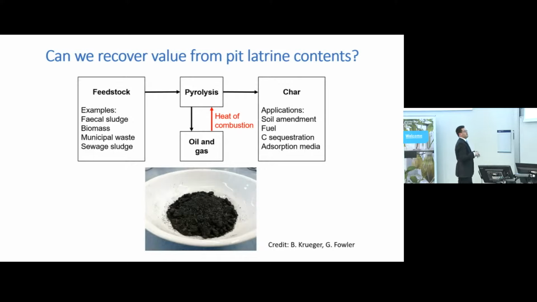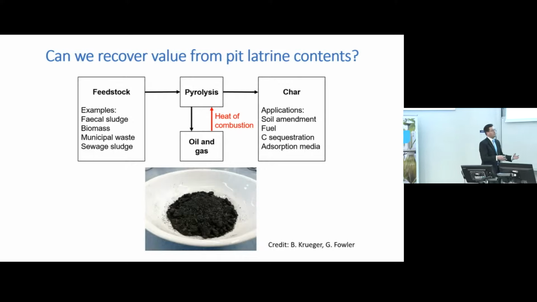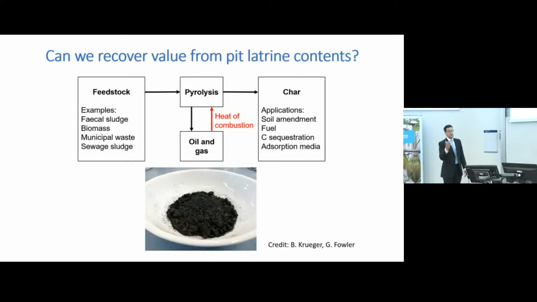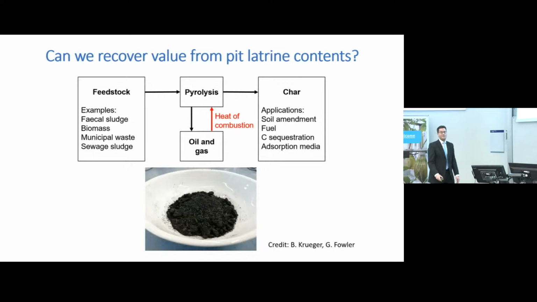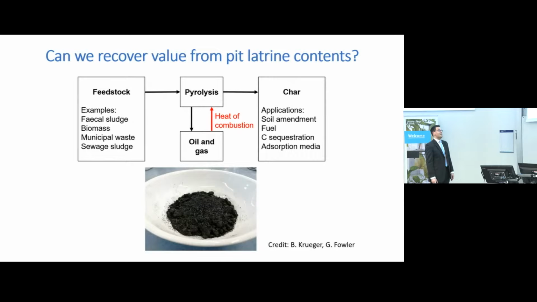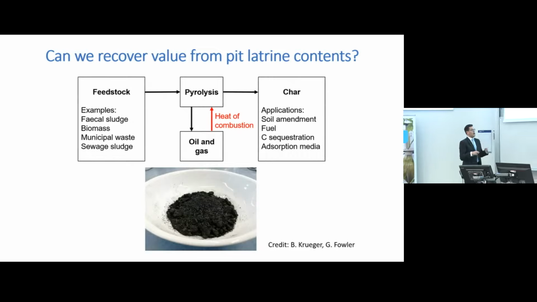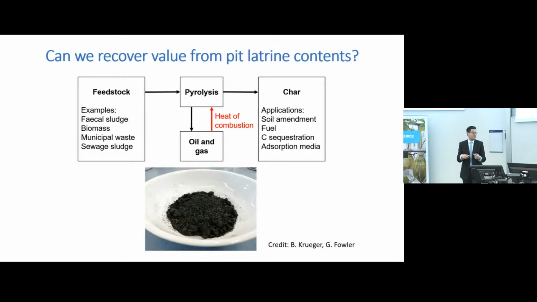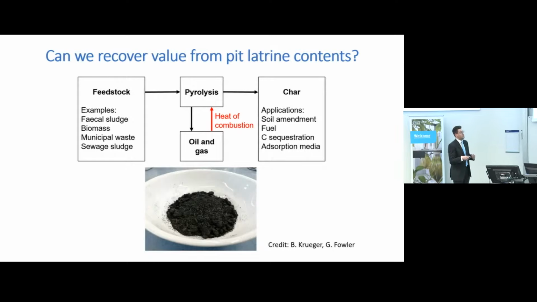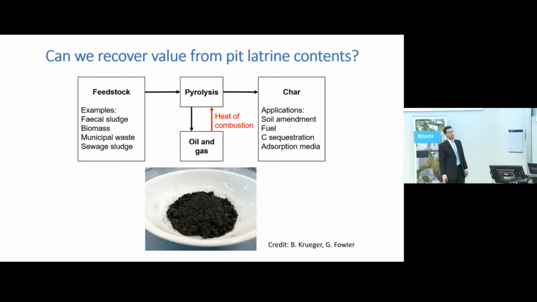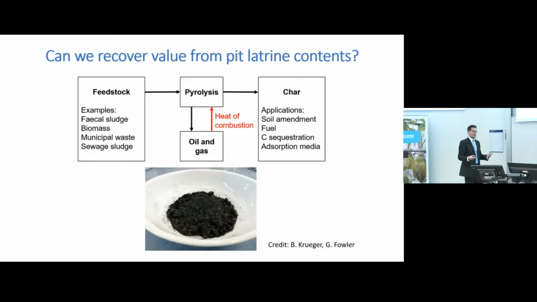So this is a relatively new idea for applying to latrine waste. It's something that's been used before for quite a long time for sewage sludge and other types of waste. But we're currently doing some research, and my PhD student Maria here is focusing on this for her thesis, if you want to learn more. To look at, how well does this process work if we're using latrine waste from on-site sanitation, and how well does it work if we combine it maybe with other types of waste that these communities might need to treat also, like crop waste or food waste, for example.